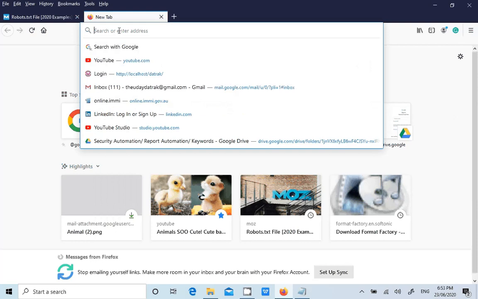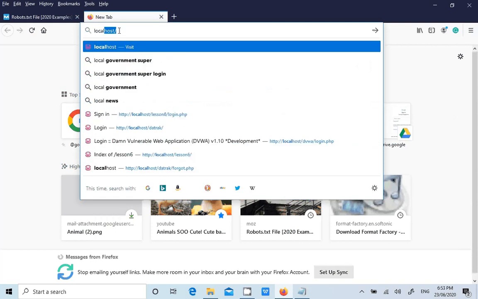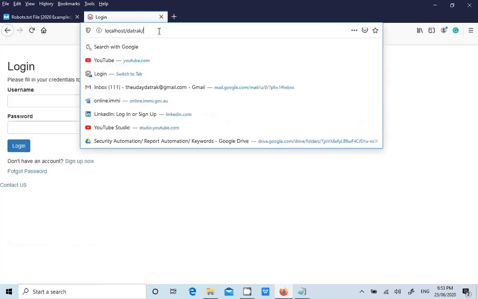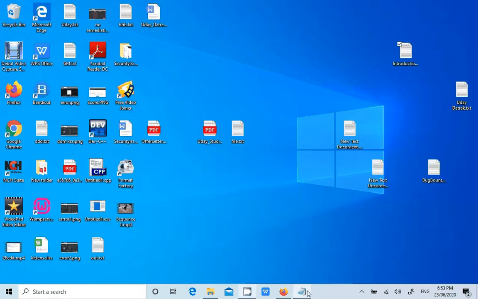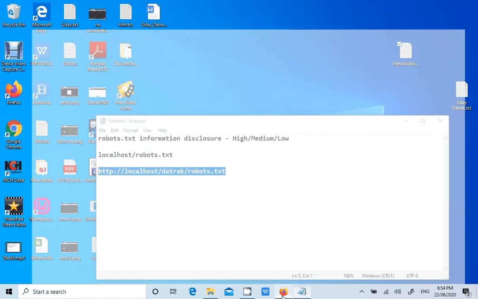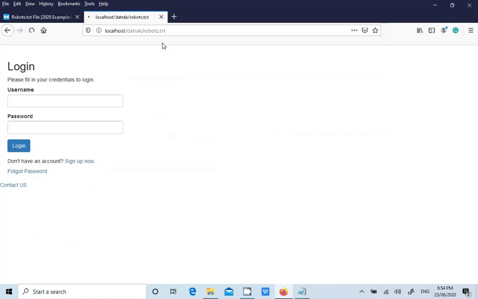Let me open my application, Datrak. Let's say I got this application for security testing. Then I just put robots.txt at the end to see if any sensitive information is disclosed, any sensitive file paths.